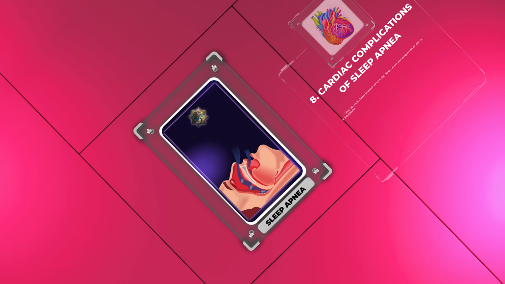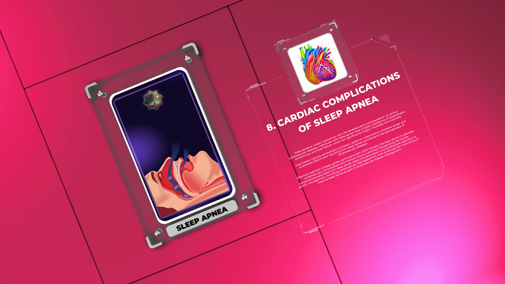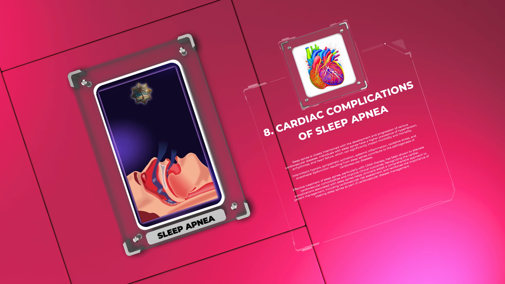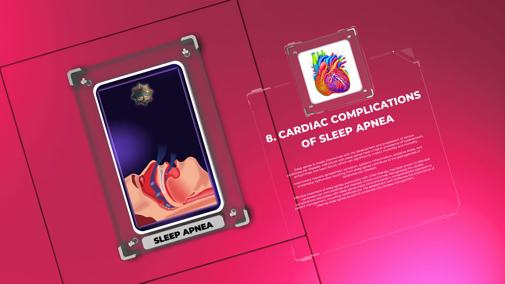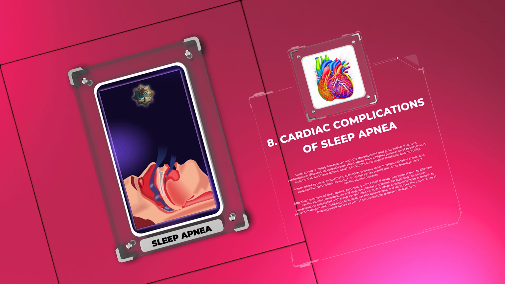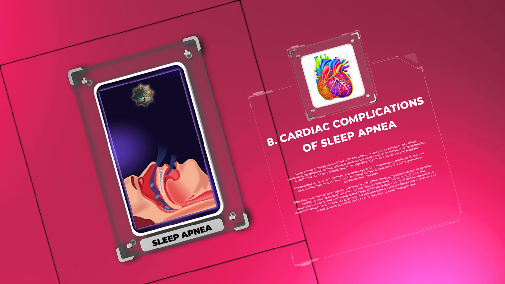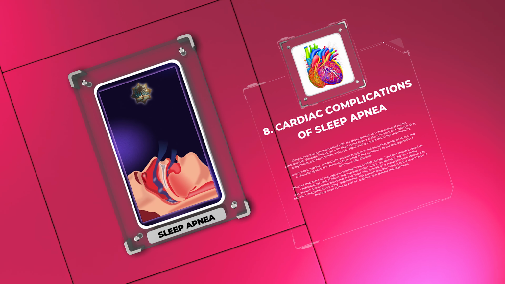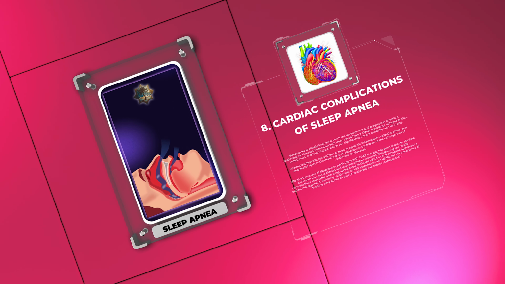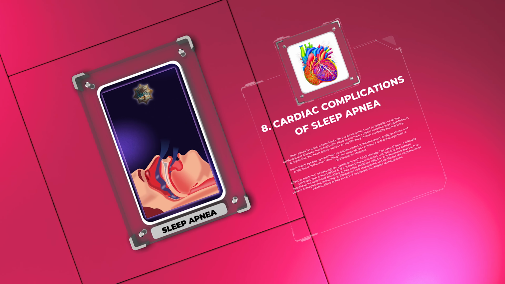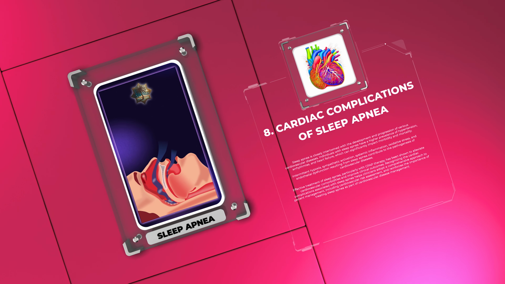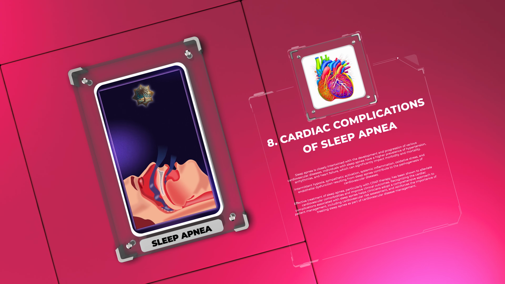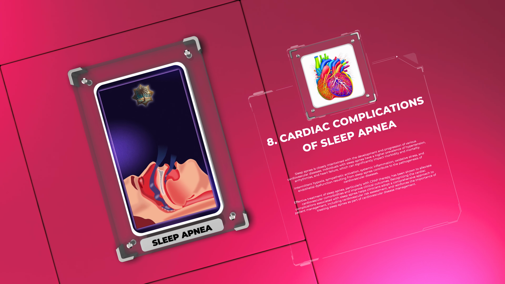Sleep apnea is closely intertwined with the development and progression of various cardiovascular diseases. Individuals with sleep apnea have a higher prevalence of hypertension, arrhythmias, and heart failure, which can significantly impact morbidity and mortality. Intermittent hypoxia, sympathetic activation, systemic inflammation, oxidative stress, and endothelial dysfunction resulting from sleep apnea contribute to the pathogenesis of cardiovascular diseases. Effective treatment of sleep apnea, particularly with CPAP therapy, has been shown to alleviate cardiovascular comorbidities and